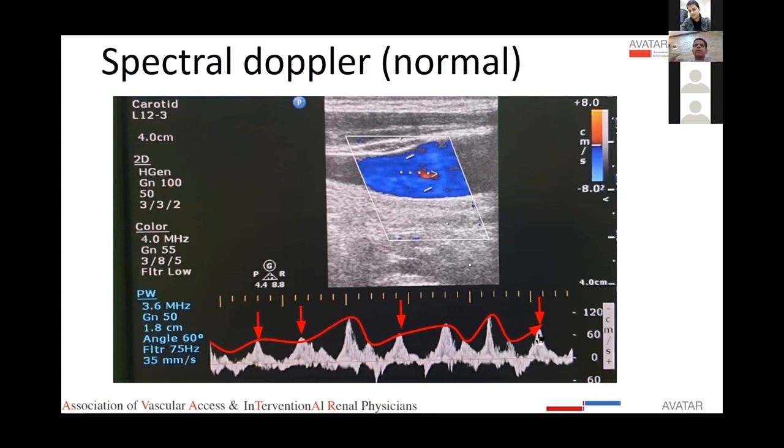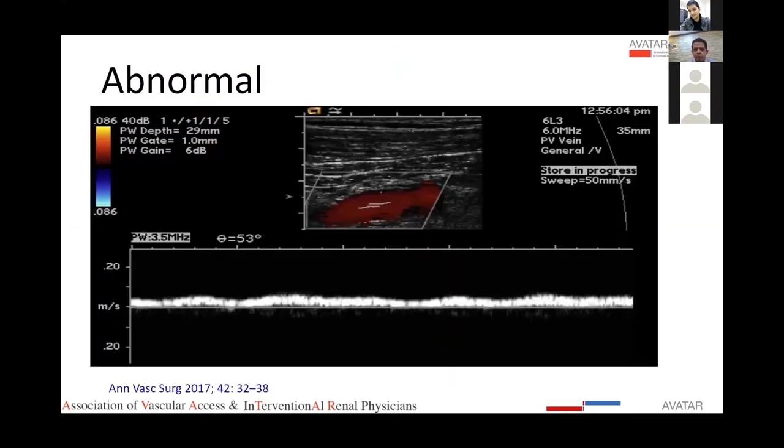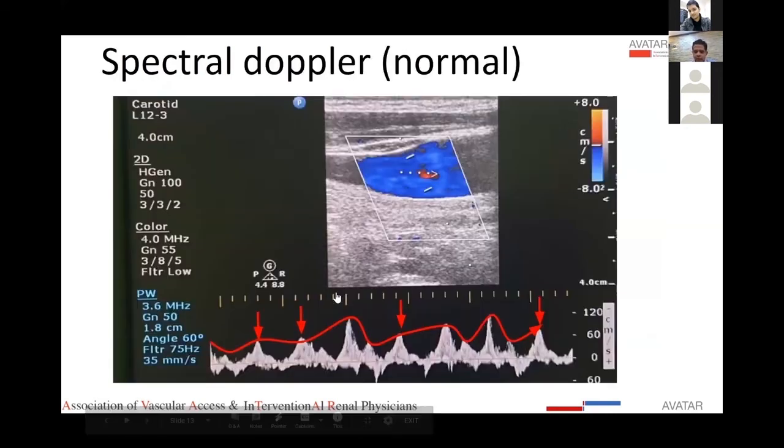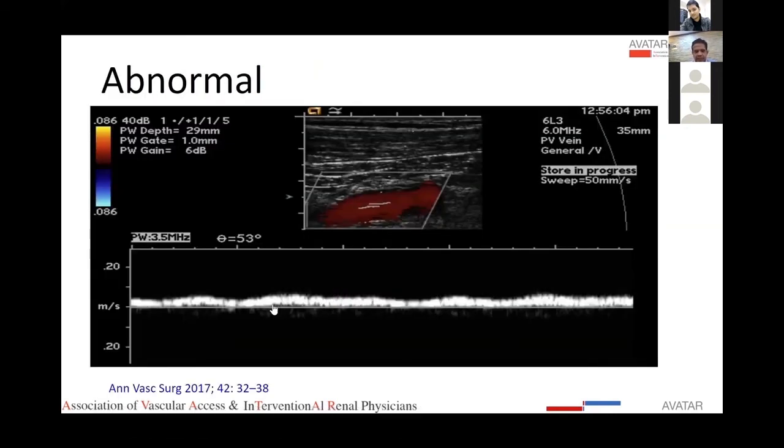Suppose we get a normal venous waveform in a subclavian vein, it almost rules out a proximal, that is a brachiocephalic venous stenosis or any obstruction to flow in the brachiocephalic. This is a waveform from a subclavian vein. As we can see, both the respiratory phasicity and cardiac pulsatility are lost, and there is almost a continuous flow.